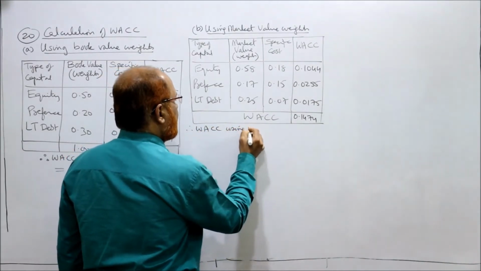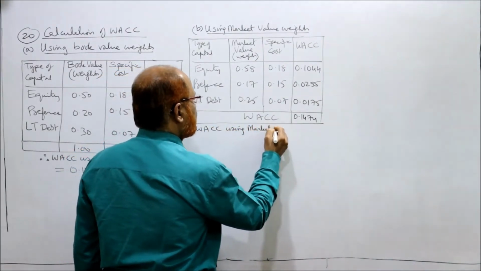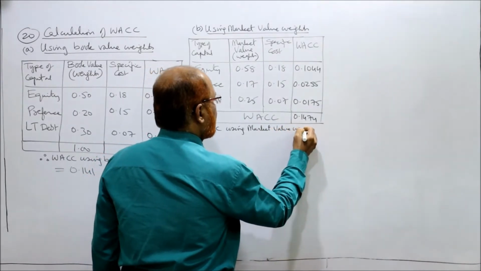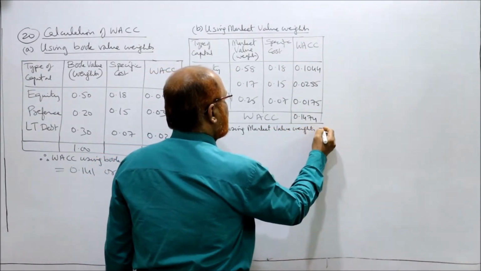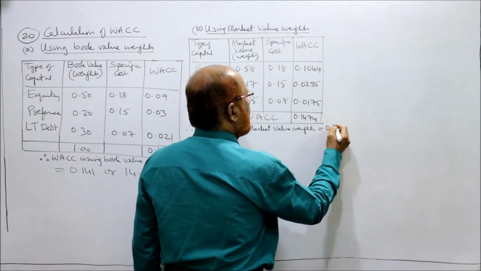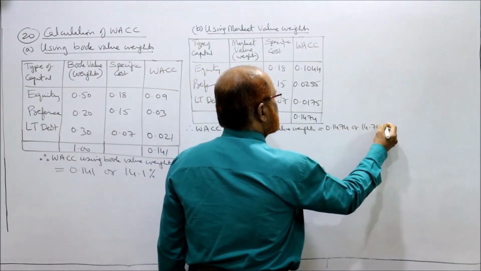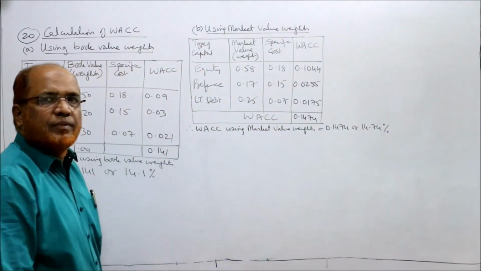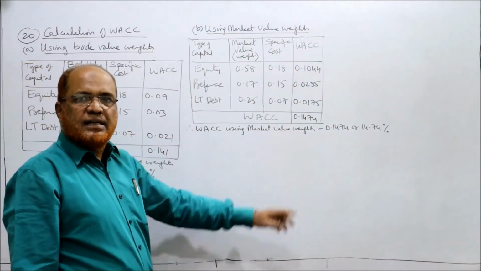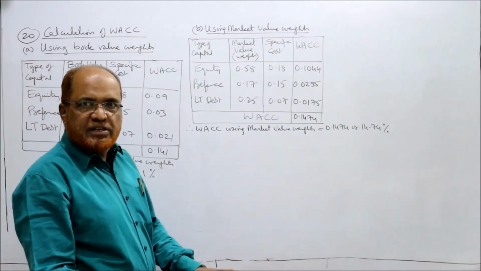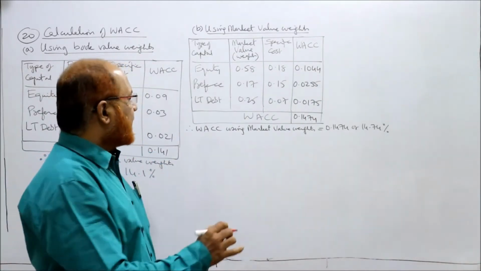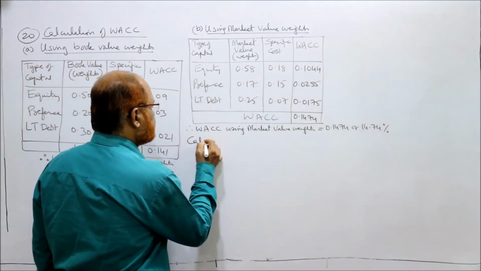WACC using market value weights is equal to 0.1474 or 14.74%. If you multiply by 100, you will get it in percentage. So two parts completed. Last part is calculation of WACC